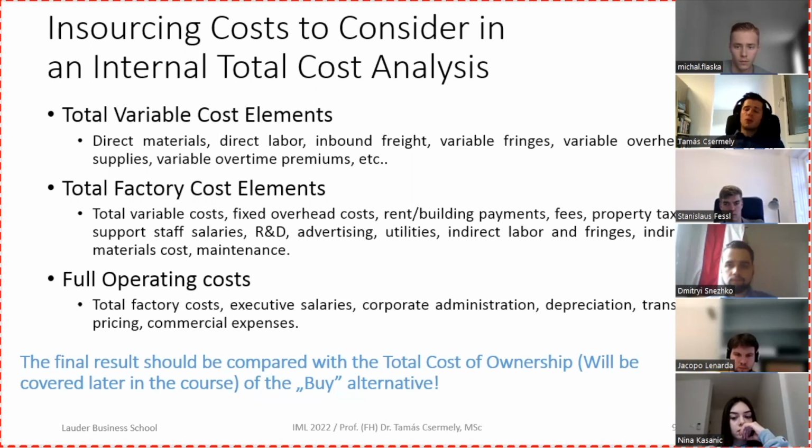So TCO, or total cost of ownership, means I have to have this cost level for the entire life cycle that I'm planning to use the product for. And that is something that I should do for all the alternatives. I'm doing it both for the make option, so if I do it myself, and also for the buy option. So both for the insourcing as well as the outsourcing option. This is purely a cost calculation